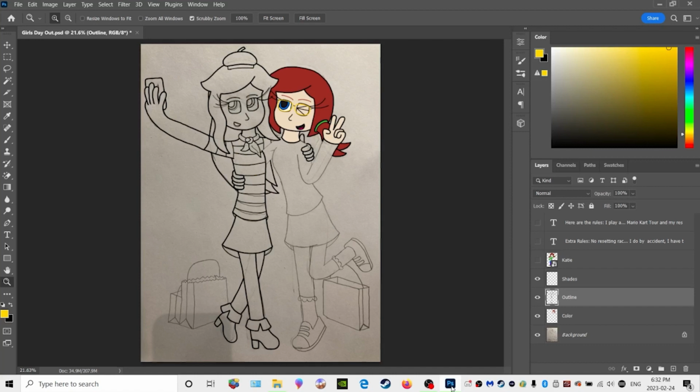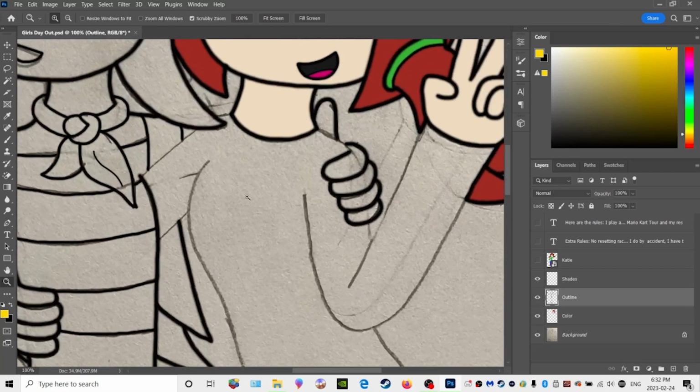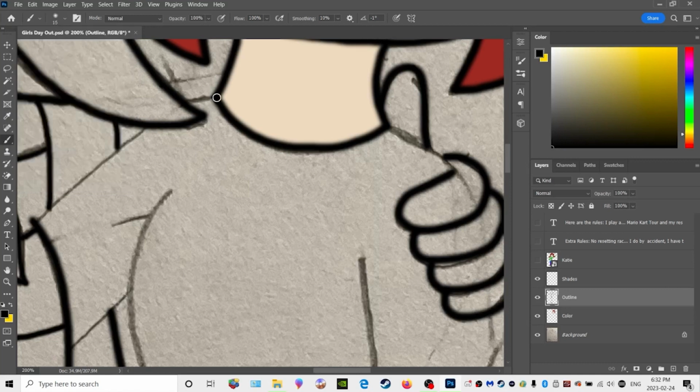Alright, so I came in first, so I outline one part. So I am going to resume Katie here, and I'm going to outline her shirt. I'm going to make sure I'm on the right layer, like I've never been. And fix that up. Alright, so moving on from Mario Kart discussion to the drawing,